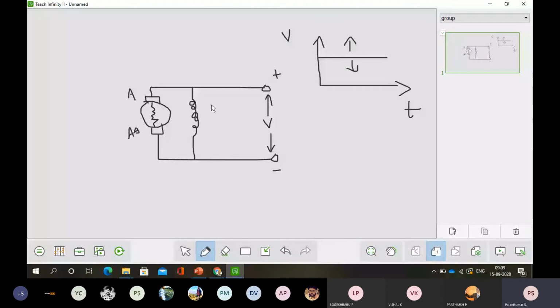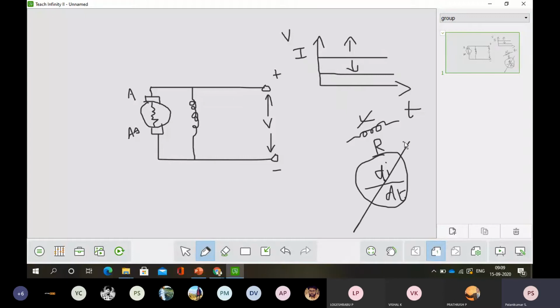Likewise, the inductance concept is similar to an open wire, even though I'm having a wound coil. Here I need not consider the inductance. There won't be any inductance, only resistance, because inductance exists only when the di by dt concept is there, the change in the current with respect to the change in time. As far as the voltage and current are concerned, whatever the magnitude, it is going to be constant only.